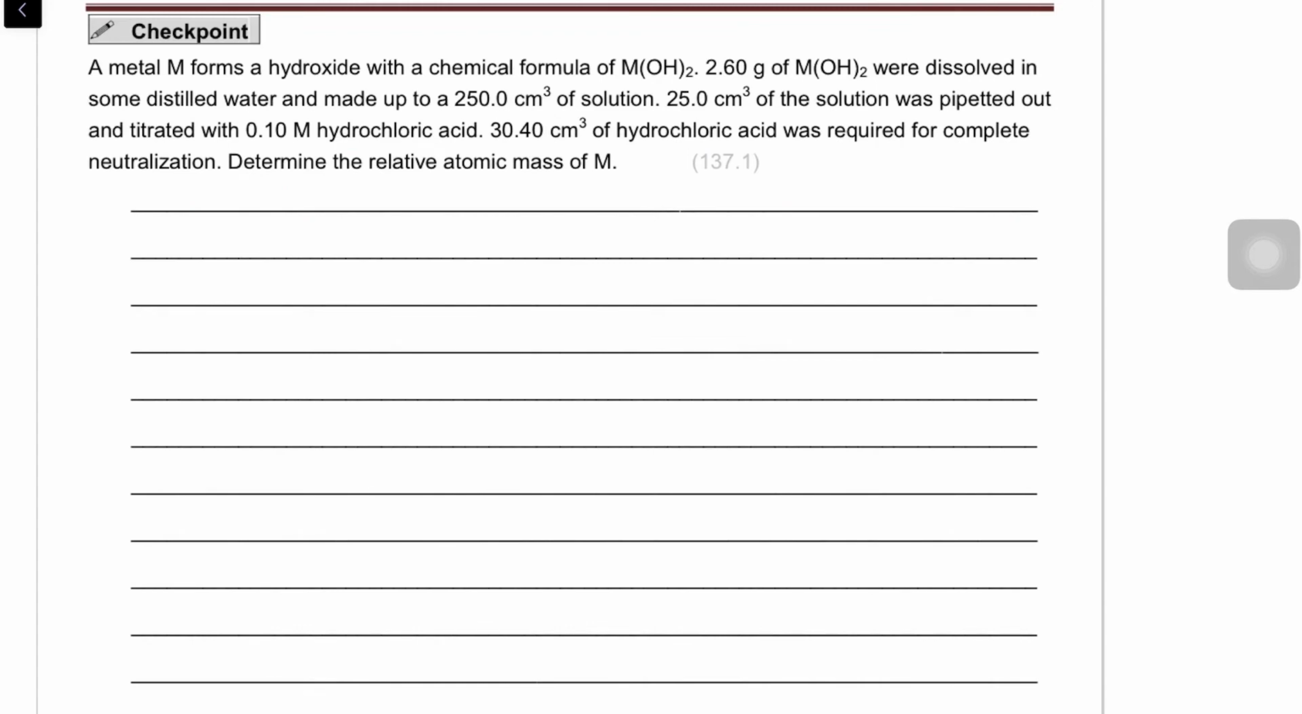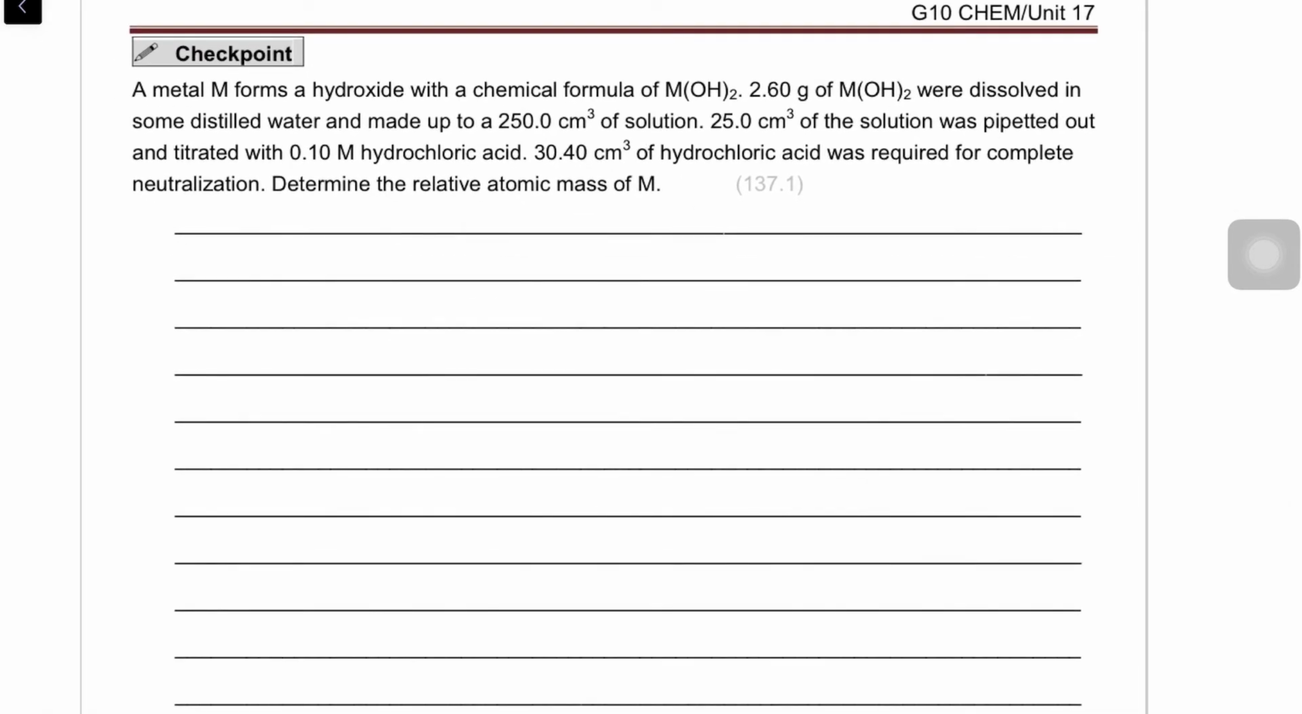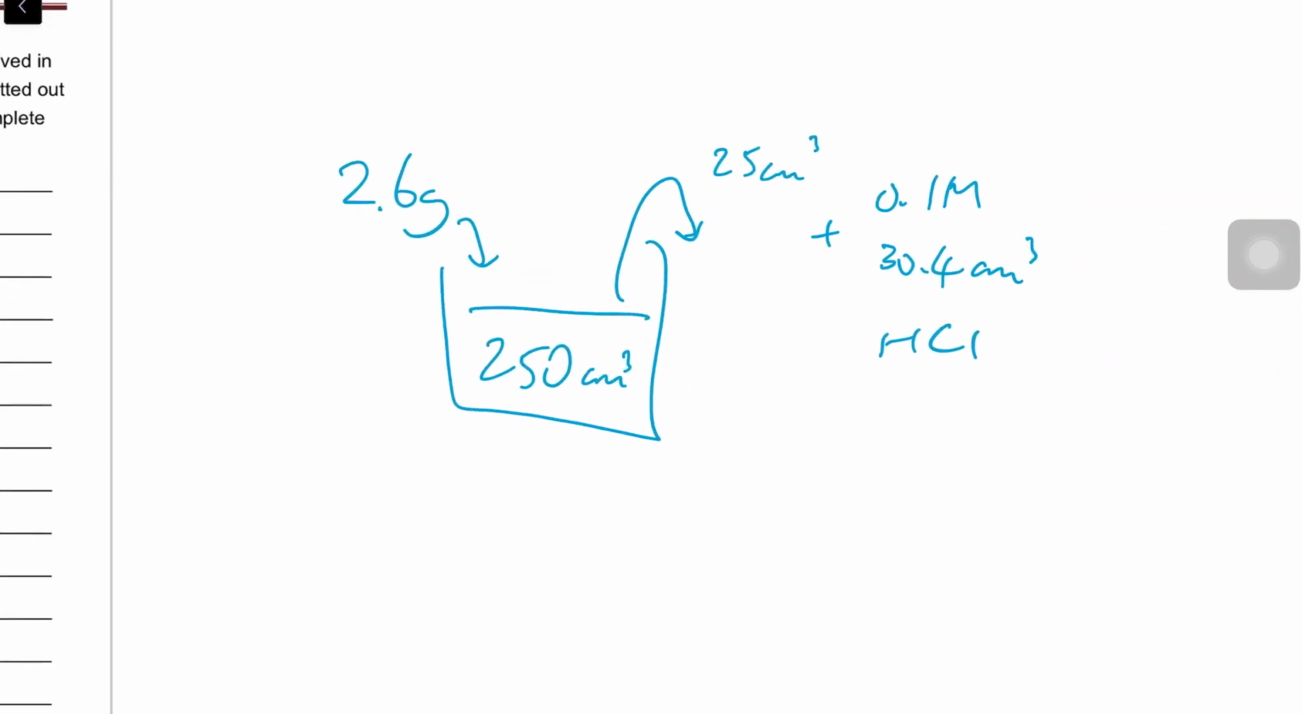Now let's move to our checkpoint. In these questions, we are going to find the relative atomic mass of M. We try to highlight the information first. Here we have the mass of the metal hydroxide and diluted to 250. Extract 25 cm³ to carry out titration against hydrochloric acid, and this is the volume of titre. So here is the illustration, and you can see it is better for us to find the number of mole